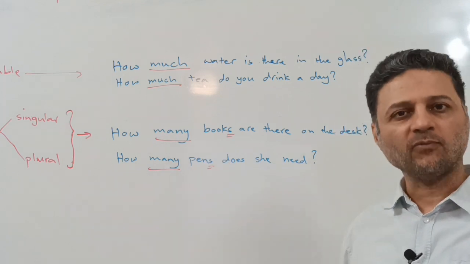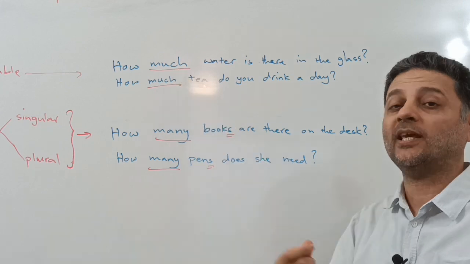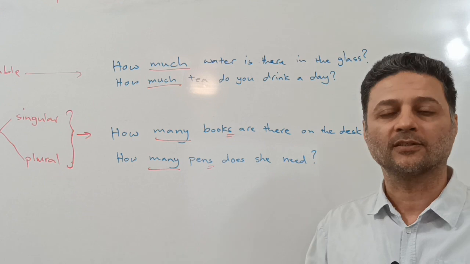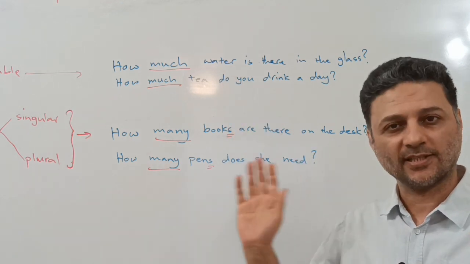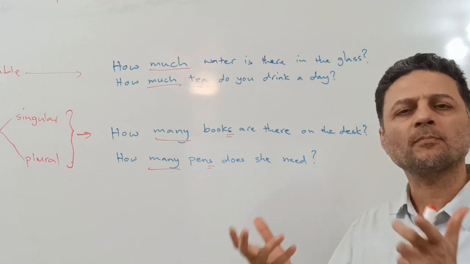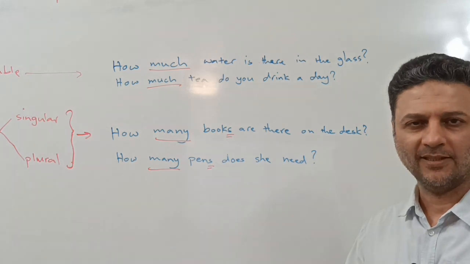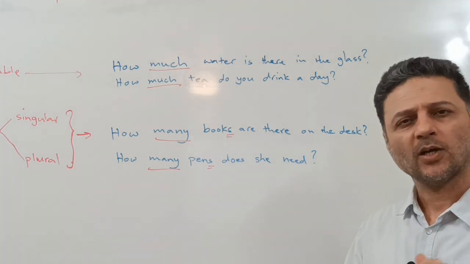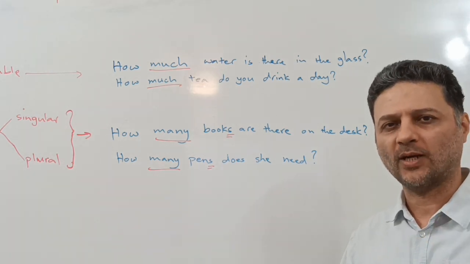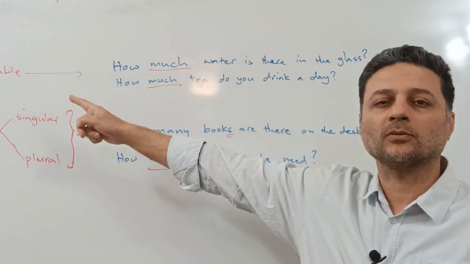Well, obviously, for uncountable nouns, we use how much because we can't count those objects like water, like tea, coffee, and the other gases, liquids and gases like oxygen, air, or some even solid objects such as bread, soap, right? Furniture, these words, and some other words that we call abstract nouns also, right? Anyway, we use how much for uncountable nouns.